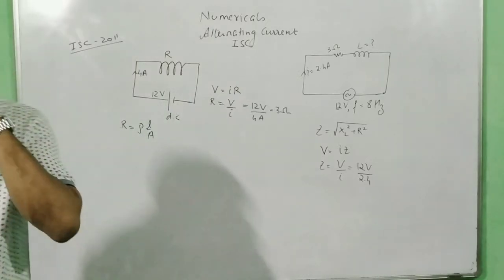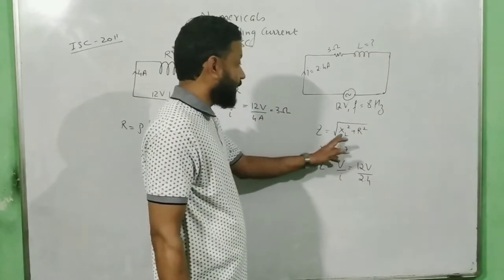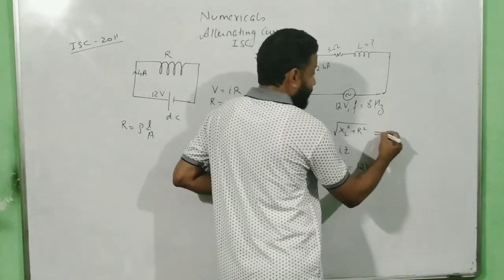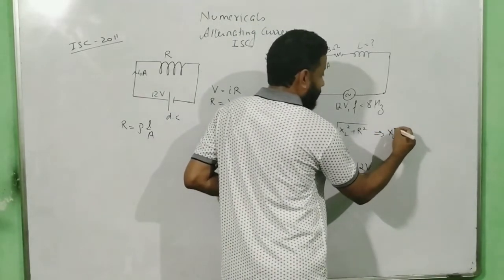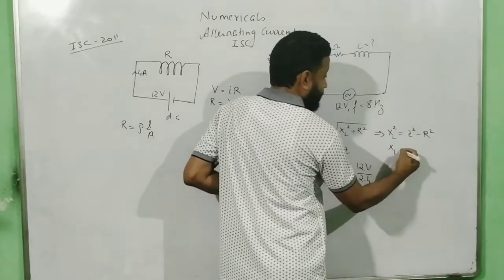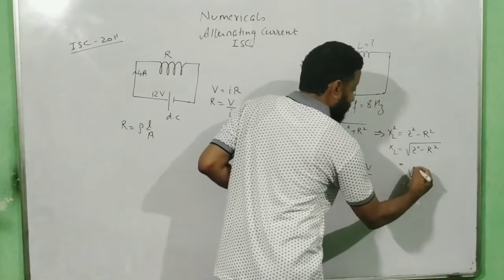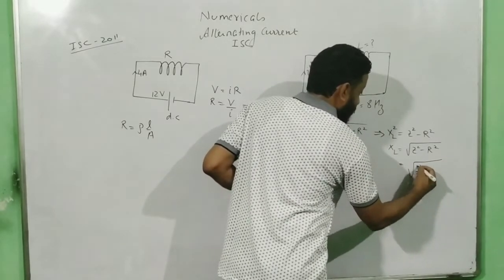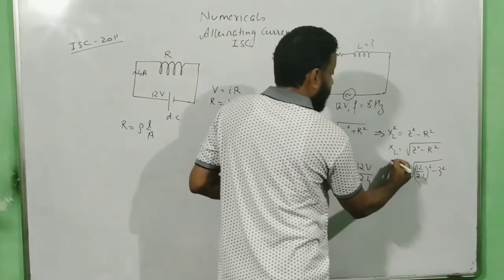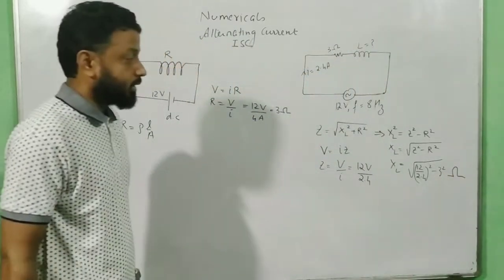Once you have got the value of Z, how are you going to find the value of XL? You put this value of Z over here, and then you find the value of XL. So XL square will be equal to Z square minus R square, or XL will be equal to root over of Z square minus R square. And Z is equal to 12 by 2.4, the whole square, minus R, which we have found as 3, square. I am leaving this for you to find, and don't forget to put the final unit. The final unit will be XL in ohm.